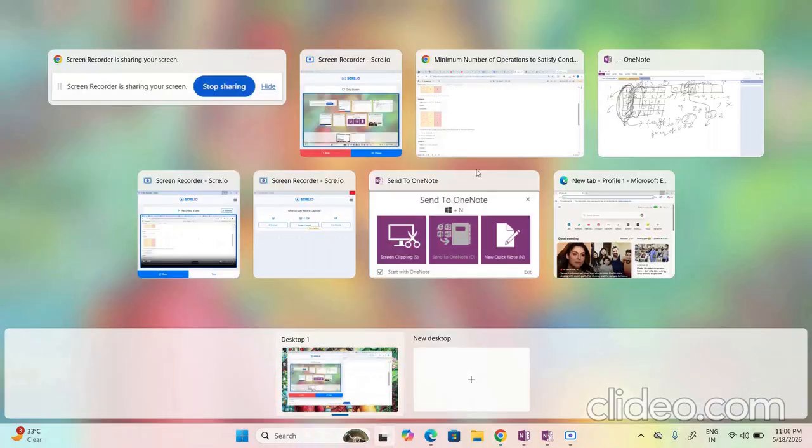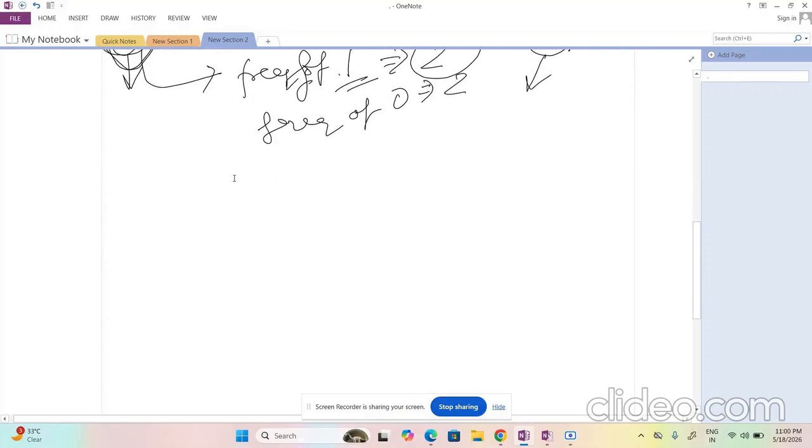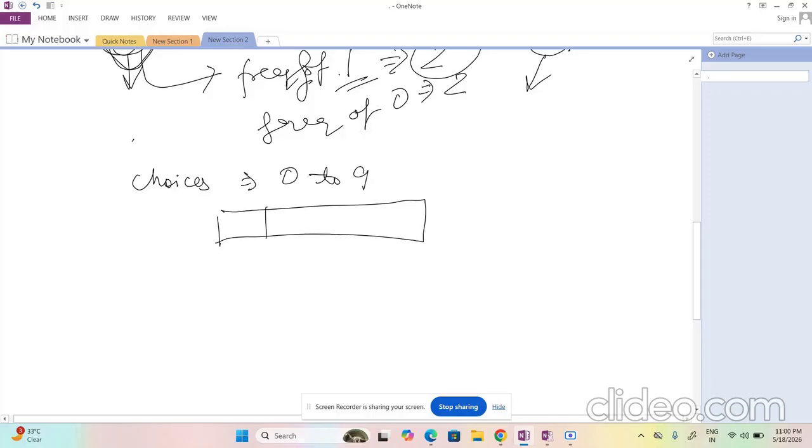So our complete problem has now been converted into a 1D array only, where we are setting it as 0 till 9. Okay, and then we are checking for the rest of the elements like that. But this one depends on the previous one. If you are on this index, then this depends on the previous one. So there are choices, but there are choices from 0 to 9 only. Okay, for every element there are choices from 0 to 9.